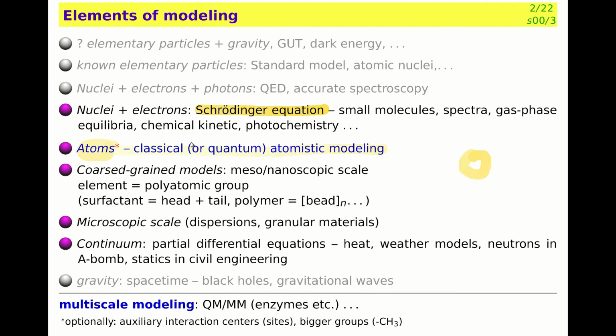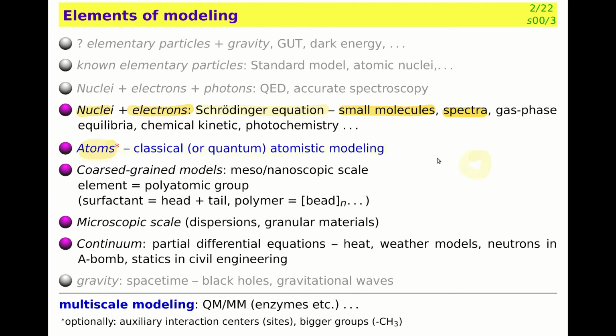If we use the Schrödinger equation, we divide atoms to smaller elements, to nuclei and electrons. By solving the Schrödinger equation, we can calculate quite accurately small molecules. The bigger system, the worse accuracy. We can calculate spectra, gas phase properties. For example, for